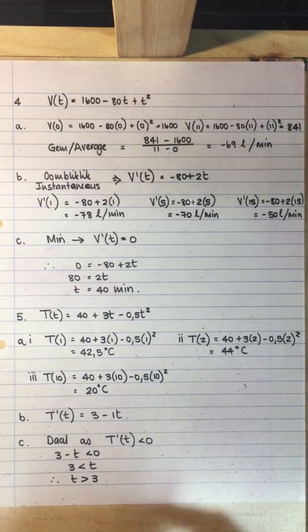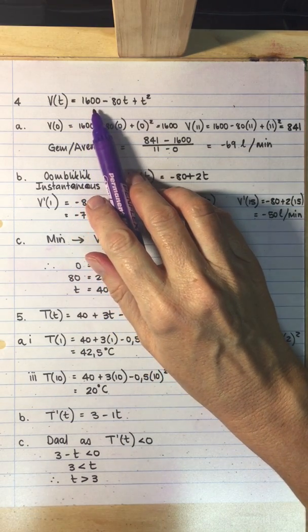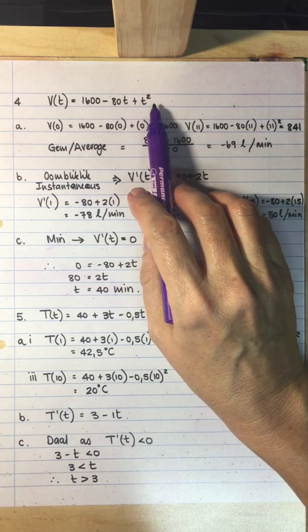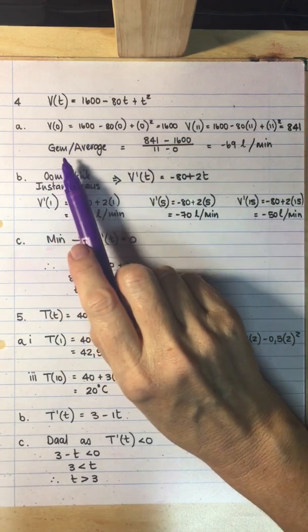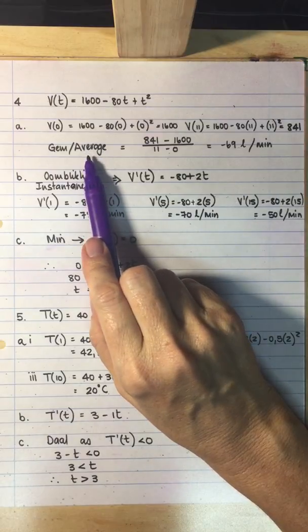Question 4. Water is drained from a grey water tank. After t minutes, the volume is given by 1600 minus 80t plus t squared. We are asked to determine the average rate of change in the volume between